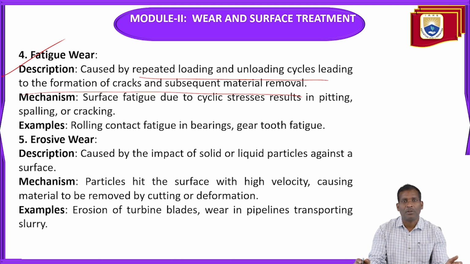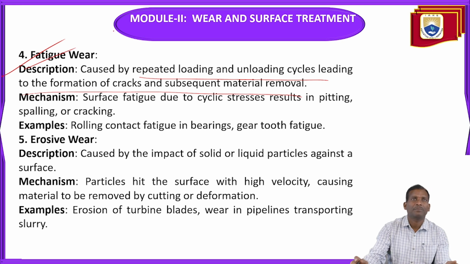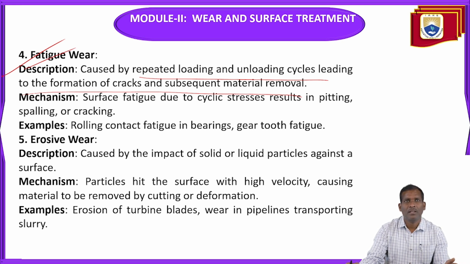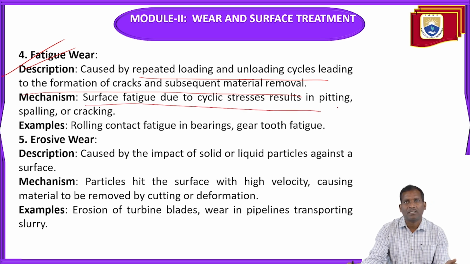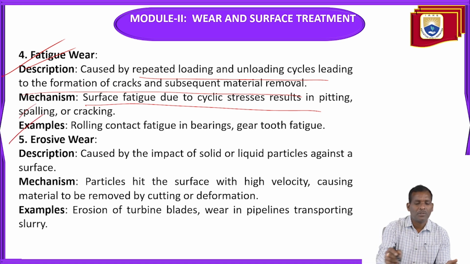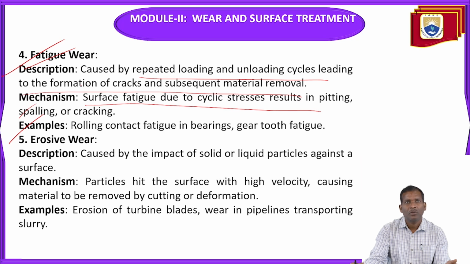This type of phenomenon is called fatigue wear. So what is the mechanism behind this fatigue wear? Surface fatigue due to cyclic stresses results in fatigue, spalling or cracking. The examples are rolling contact fatigue in bearings